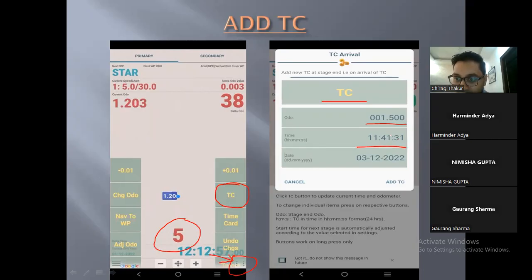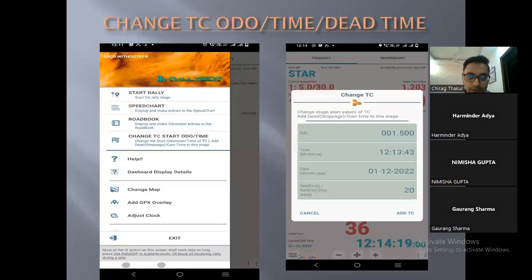If there is any second difference, you can long press this time button, and then you can correct it. Say it's 11:41:30, so you can change this 31 to 30, and then add TC. Add TC, every tulip you have to add, every TC you have to add, do this, add TC. Then once you are done with add TC,